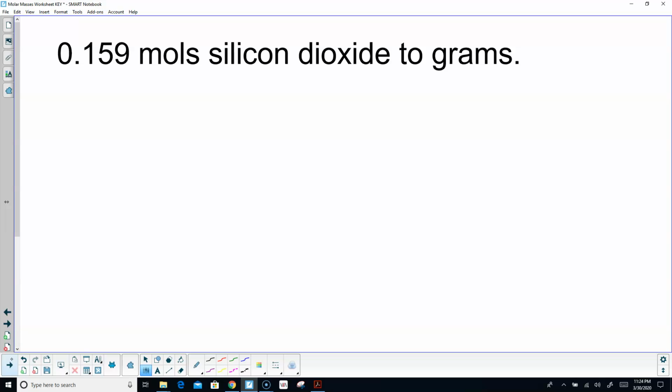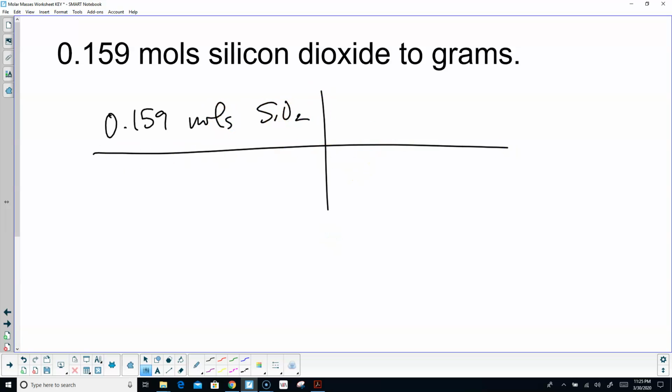Okay, this is moles and grams once again, so 0.159 moles of silicon dioxide. Moles need to go on bottom. As always, it's 1 mole. I need to put the grams on top, and so let's see here. Silicon looks like it's 28.09. There are 2 oxygens each at 16. So if I multiply and then sum, this ends up being